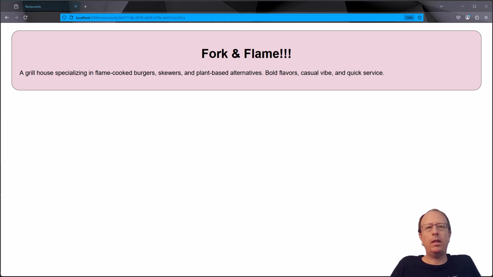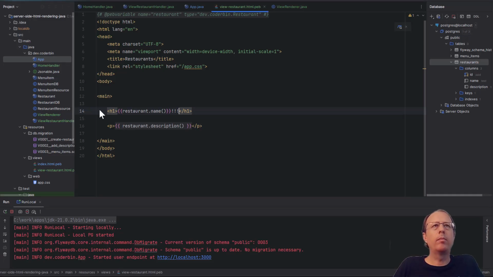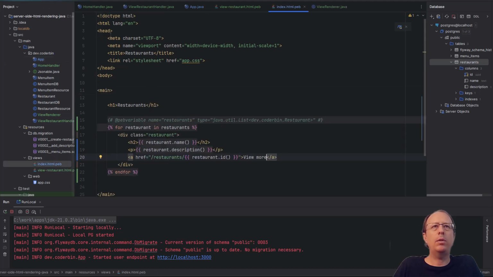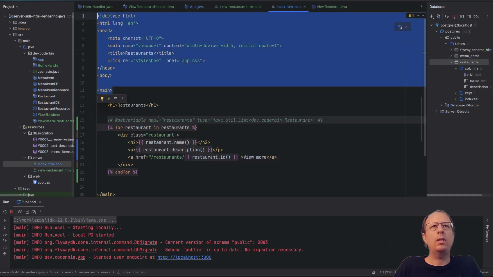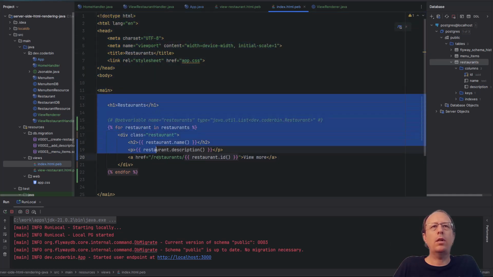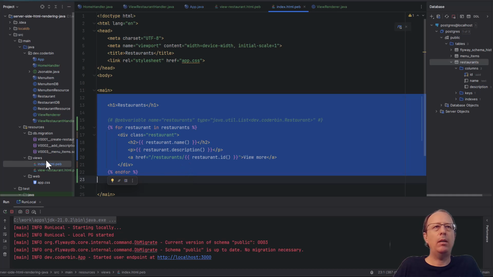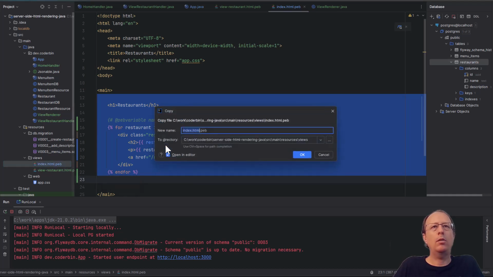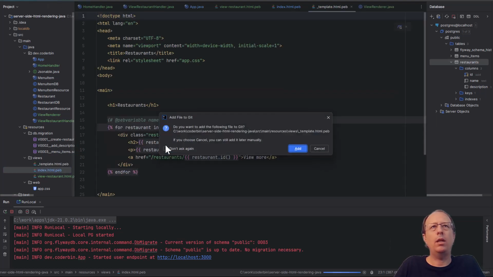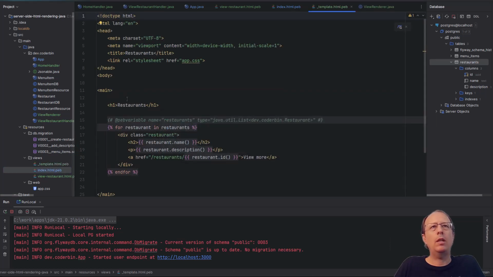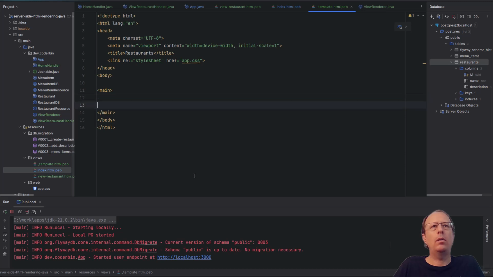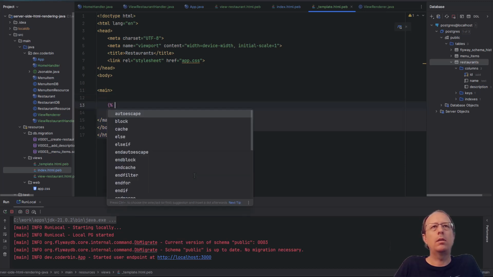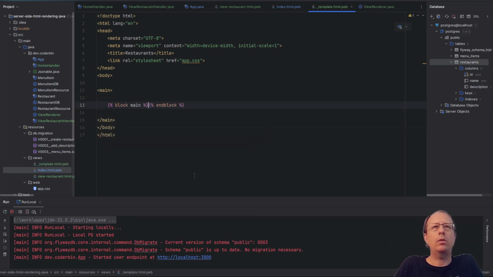Okay, the last thing I want to cover is having a base template. So if we look at our views, they share a lot of HTML, especially in the header region. So what we can do is specify all of this in a template and then allow each view to specify the main block here. So I'm going to duplicate one of these. I'll call it _template.html.peb. Okay, we want to keep all of this constant. Then we're going to have a block. We'll just call it main.